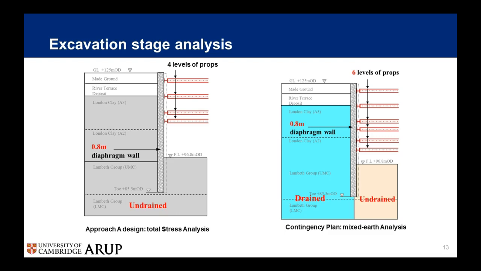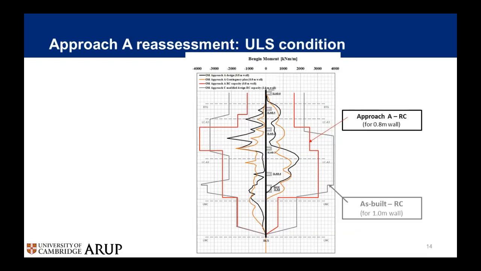And that's showing the difference, because total stress analysis will only need 4 levels of temporary props in order to support this deep excavation. But for the mixed earth pressure design, we will need at least 6 levels of props to support this excavation. So after clarifying that,